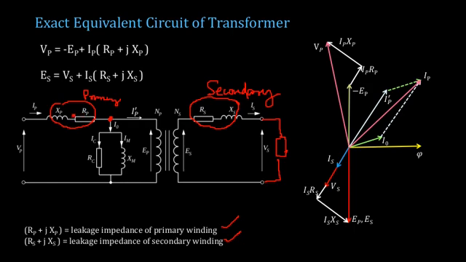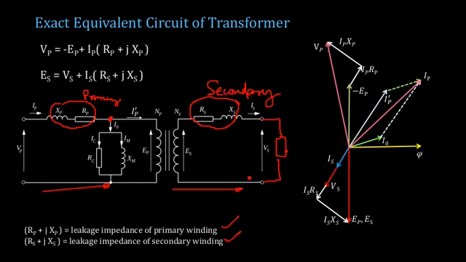So you'll have some drop here. Once you reduce the drop, you will get this term. Here you have a voltage drop towards this side, and again you have a voltage drop towards this side. So ultimately you will have some voltage drop from Vp to Vs. Some voltage drop occurs within the transformer, and some reduction in voltage will be there.